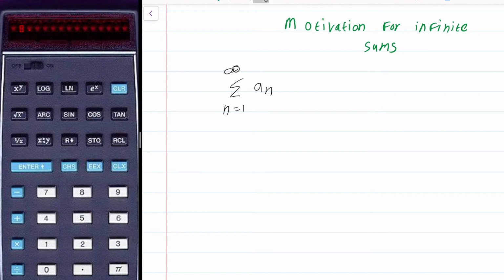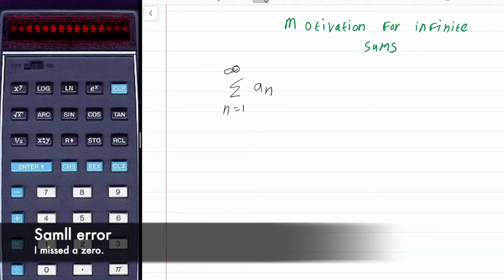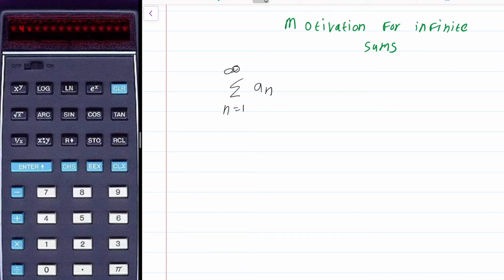This is reverse Polish notation, so I'll have to type 85 and let's say I press sine. I get 0.99619. Now let's say I put 74 and press sine. I get 0.96126. Let me put pi and press sine. I get 0.5480366652. Let me put 48 and press sine. I get 0.7431448255.